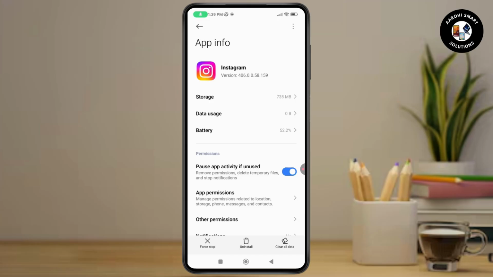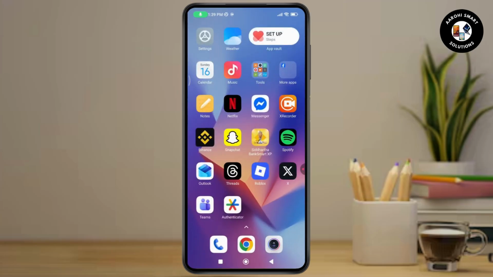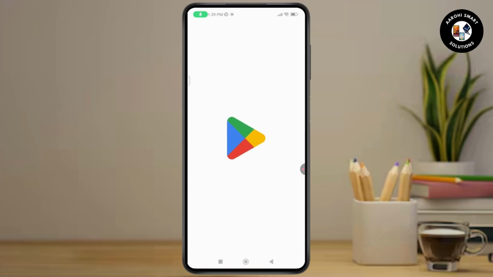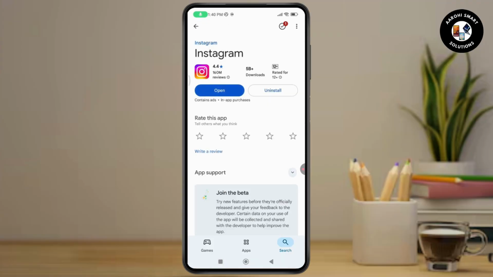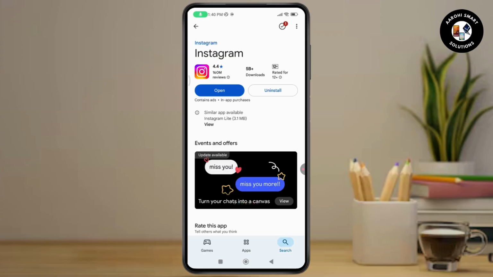If that doesn't fix your problem, then the next step you need to do is you need to go back and then open up your Play Store. From your Play Store, you need to go with search and search for Instagram. And here, if you have any updates on your Instagram, just go and update it. Once you update it, restart your device and it will fix your problem of an extra security step is